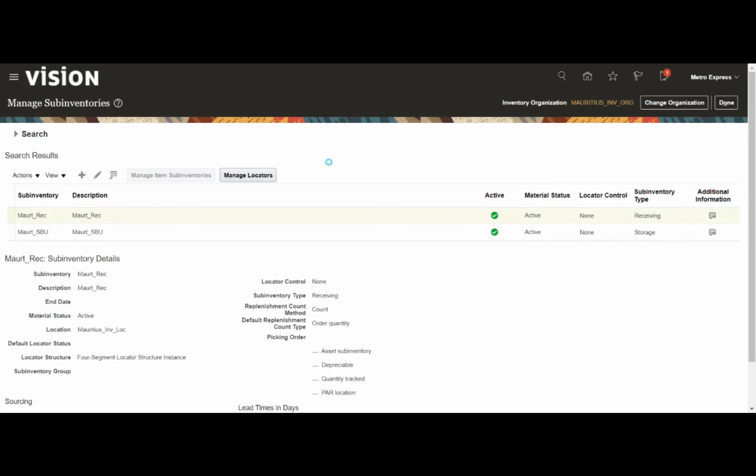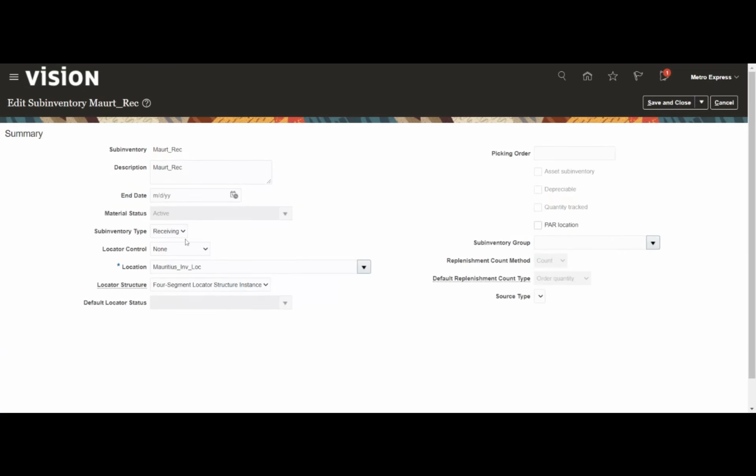So we were seeing the receiving sub inventory. Basically we have these options, so we don't have much to do here. The only thing is that we have locations. Location becomes mandatory here because